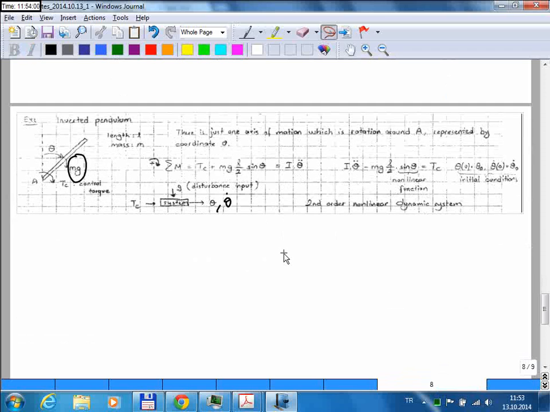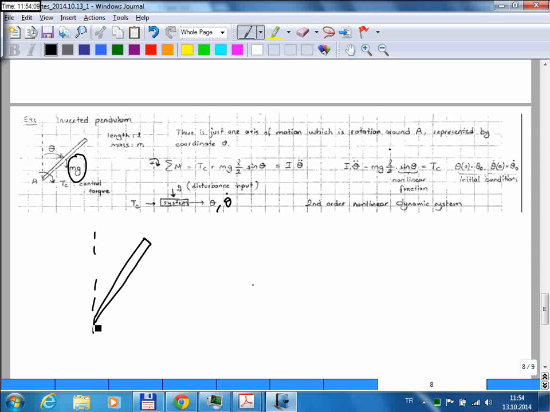So we could have added additional elements to this system. For example, we could have added a rotational spring here. If we had a spring like that, then that would bring an additional moment to this bar, right? So if this is theta, that would bring an additional moment, and it would be in the direction opposite to the mass,